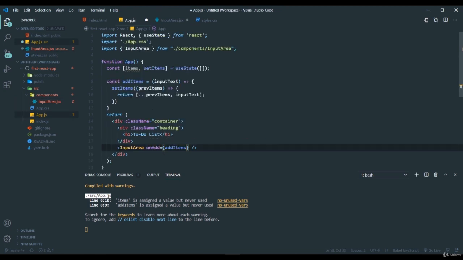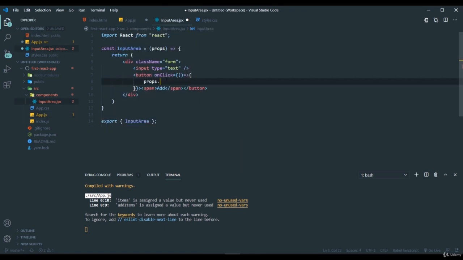So using this name only you can access the prop which is denoting this function add item. So here I'll just say on add, and here I need to send the input text, but how can I